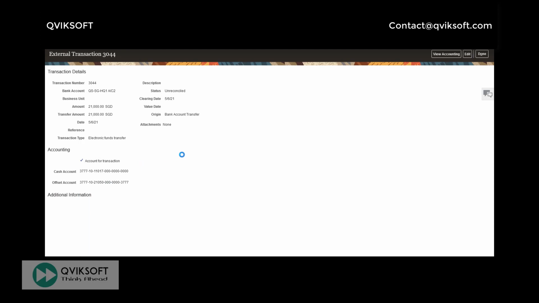So instead of using intercompany account, which is more for legal entity, if I define the rules here, then depending on different entity, how I want to transact and what account I want to use for my offset account, I can define those there, and the system will pick the accounts from there.